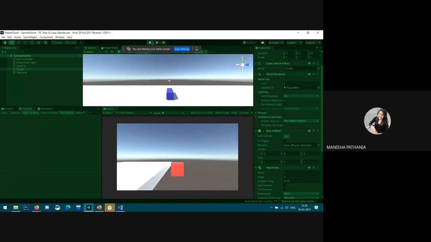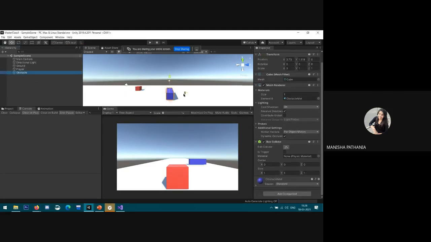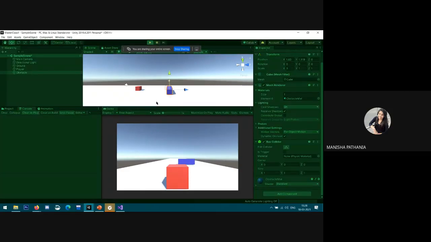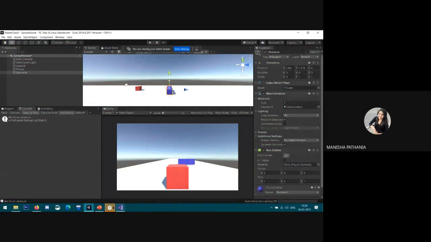Oops, wait, it's not colliding. Yeah, now see, we hit an obstacle. When the player collides with any obstacle, it gives a message like "we hit an obstacle," right? So now it's going fine.